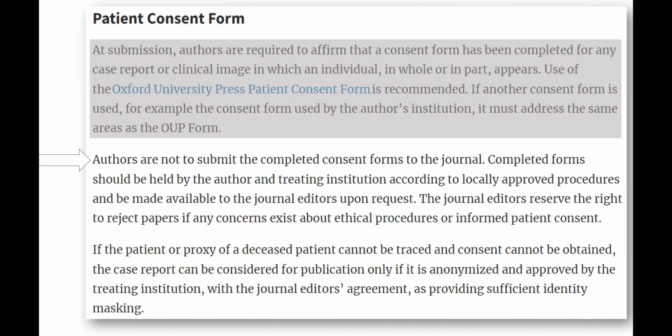Authors are not to submit completed consent forms to the journal. Completed consent forms should be held by the author and the treating institution according to locally approved procedures, but should be available to the journal upon request. And the journal editors reserve the right to reject papers if there are concerns about ethical procedures or informed patient